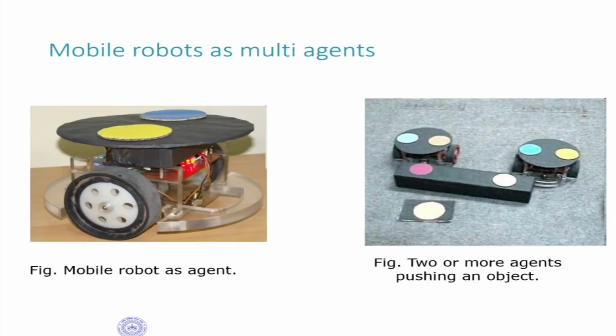Here is an example. We have a mobile robot. This is a robot that you might be very familiar with. Some of you might have made it. This is a two-wheel differential drive robot, and you can use two of these robots if you want to push this object somewhere. In the right-hand side figure, this is an object here, and these two robots want to push it and take it somewhere. So basically the two robots will have to go and position themselves somewhere, then push it and take it to a particular location. So questions like how many robots are required, where they should position themselves, where they should push, and things like that are something we'll look at in today's class.